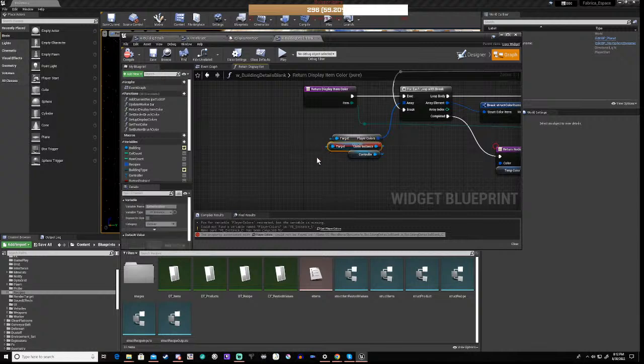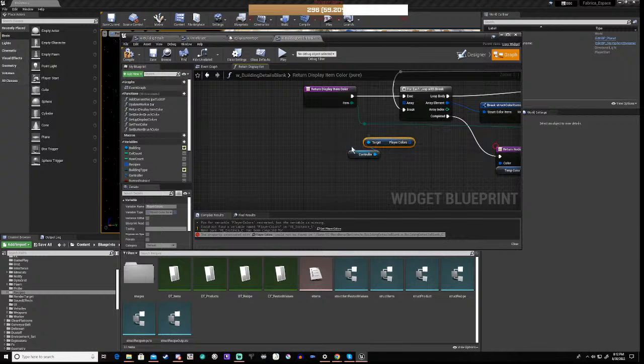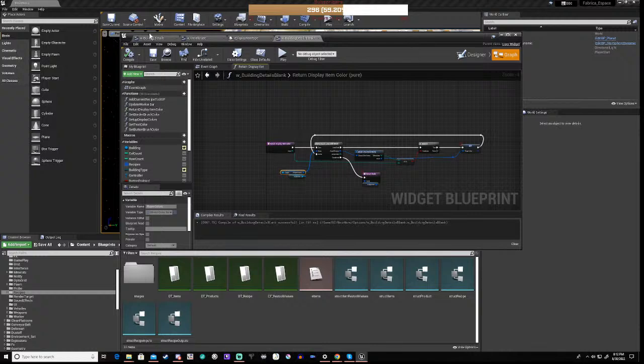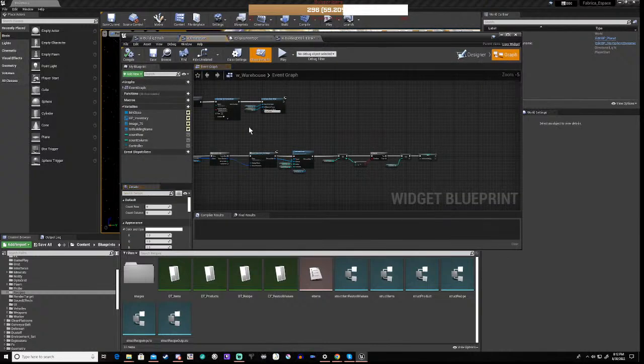Right, oh yeah, so it's this one, building details blank. Right, so we can delete that. We can delete that. Then we get player colors. And we go in here and we save that. It now appears to me that